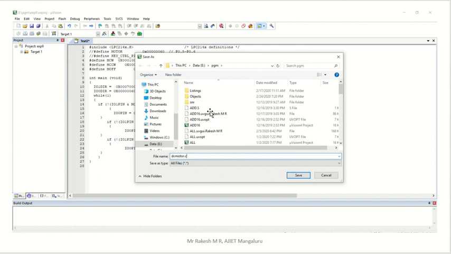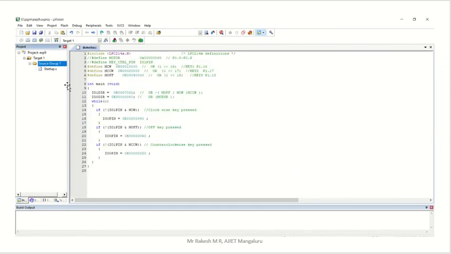You have to save in your particular folder, the one where you created your project. In that folder itself you have to save your code also, because that complete project is meant for your experiment. Now mention your file name .c. The file name is user defined, and .c is predefined, so you have to give the .c extension and save. Once you have saved, just cross-check source group 1. Click on source group 1 and verify whether the startup.s code is there or not. If it is there, then fine, it is added here, so no problem.